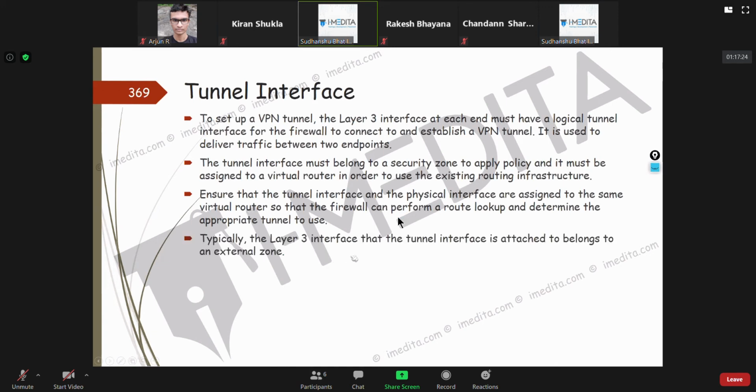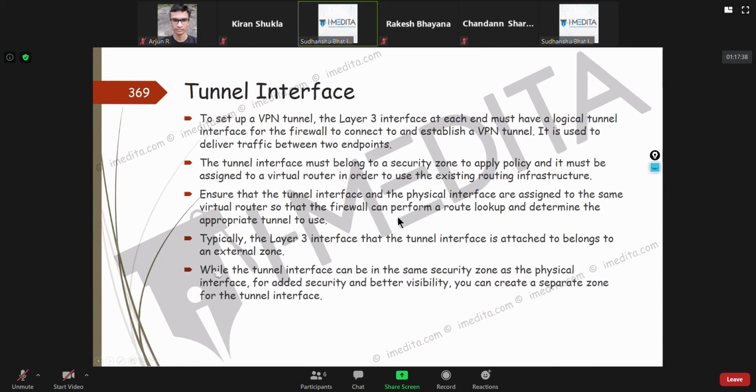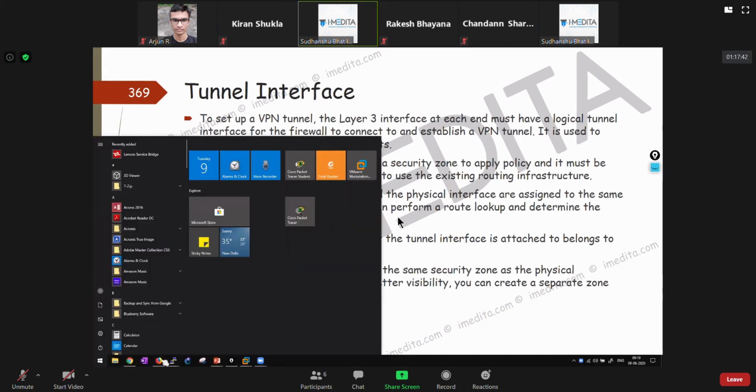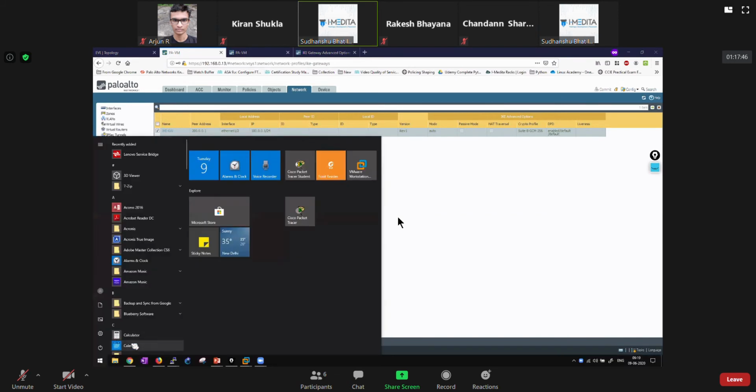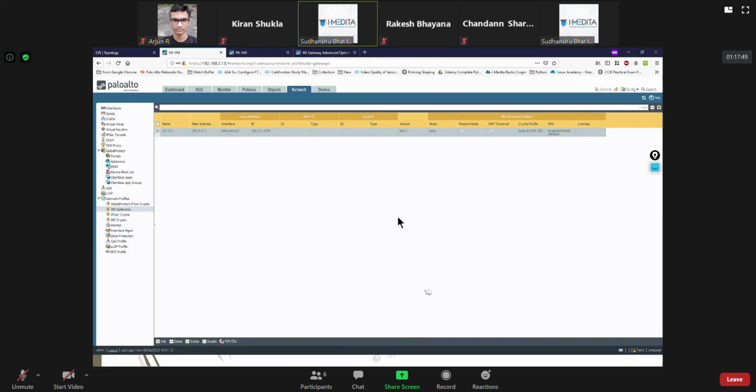So typically the layer 3 tunnel interface belongs to an exchange zone. But now it's not necessary to have it as an exchange zone. You could name it like we named VPN. Now we created a separate zone rather than having inside.